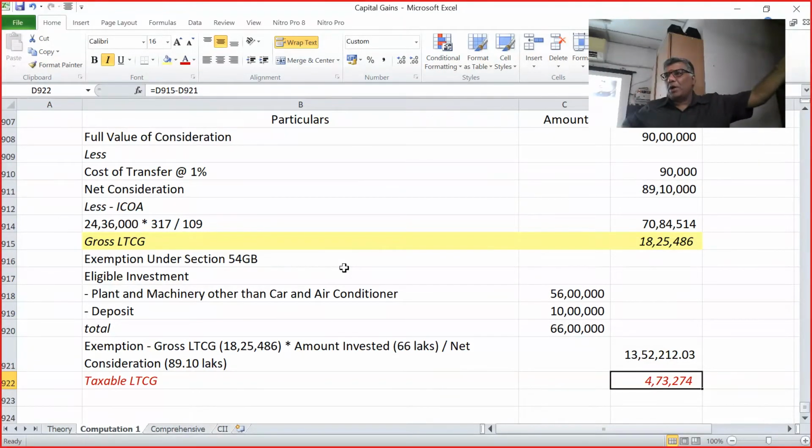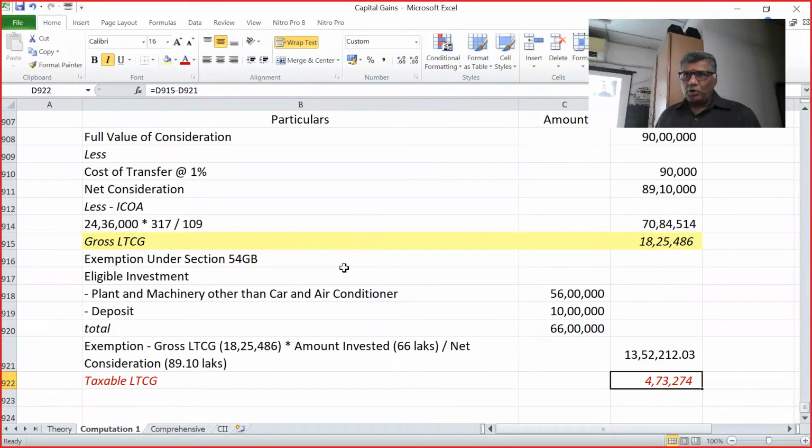From the top once more, from the top now. To come under this chapter, there should be two conditions. It should be a capital asset. We understand what is not a capital asset. It should have been transferred. We know what is transfer, the elaborate explanation, and transactions not considered as transfer. One side. And then comes the next part, that is with regard to computations. Okay.